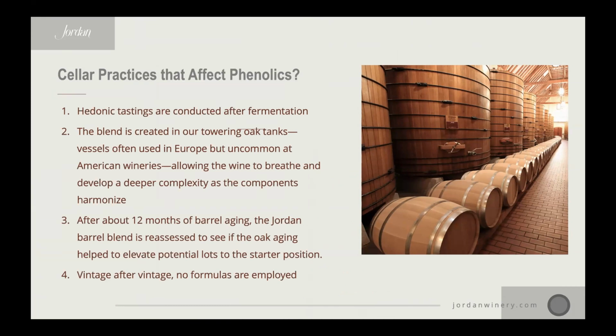So Maggie Cruz, our winemaker, she's often in the vineyard. She tastes every lot of grapes multiple times before the fruit actually arrives for crushing at the winery. She understands what these vineyards are capable of producing and what they've produced prior. She knows how the tannins are balanced with the other flavor components of the wine, and she manages these accordingly